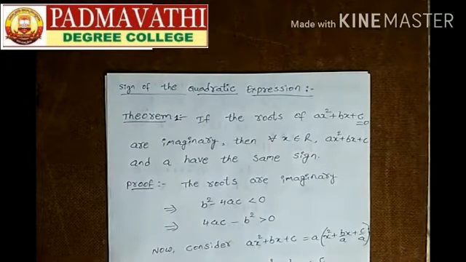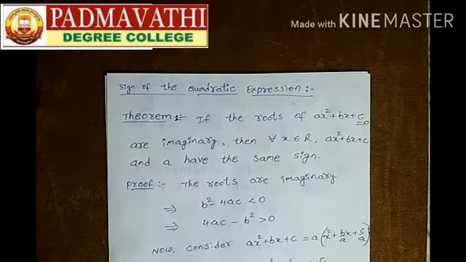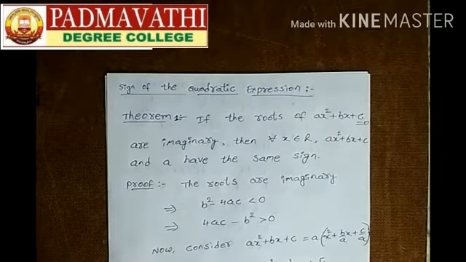Today in this video we are going to discuss the sign of the quadratic expression ax square plus bx plus c. To decide its sign we are going to use the quadratic equation ax square plus bx plus c equal to 0, by using the discriminant of this equation and the coefficient of x square term in the given expression. By using these two values we are going to decide the sign of the quadratic expression. So totally 3 cases will come in this based on the discriminant.